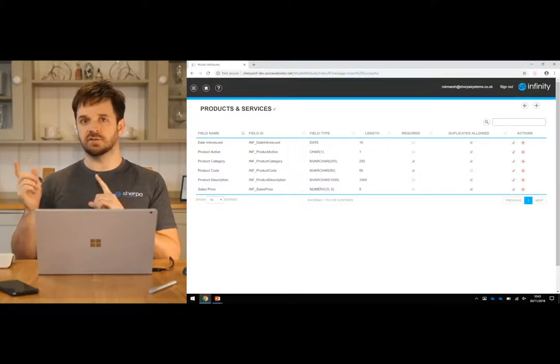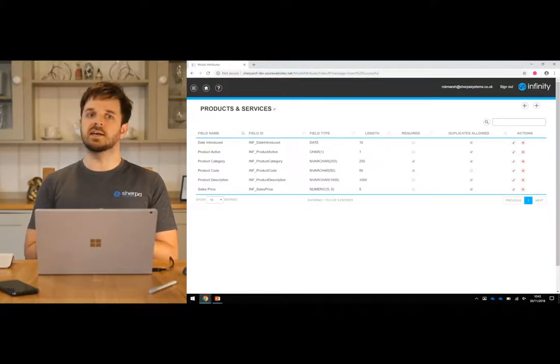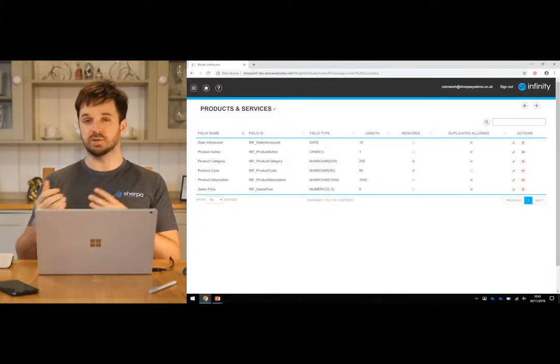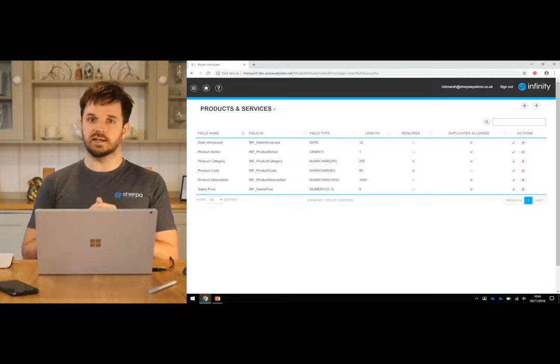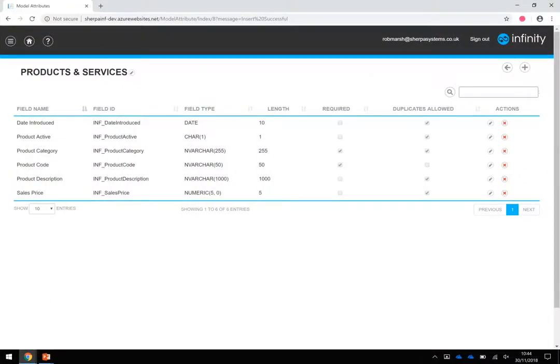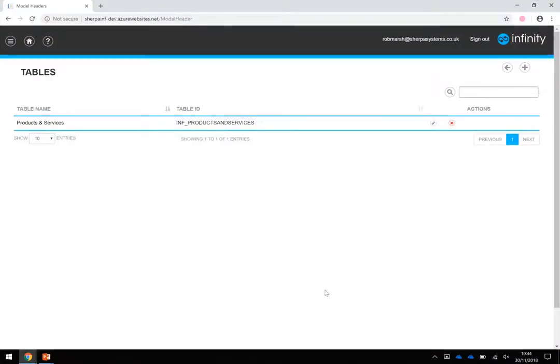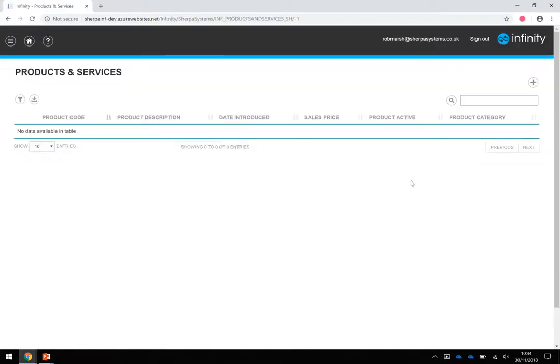Now, in the next lesson actually, we are going to cover how to add records, how to edit records, and how to delete records in more detail. But I just want to give you a quick look at how you do it, just so you can visualize what this looks like. So if I go back to my list of tables and hover over the products and services, it will take you to the pages where you can view and add this data. So if I just click on that. Okay, so this is my page that shows the information that's in the table. At the minute it's blank. I need to add some records in there. So if I click on the plus icon here,